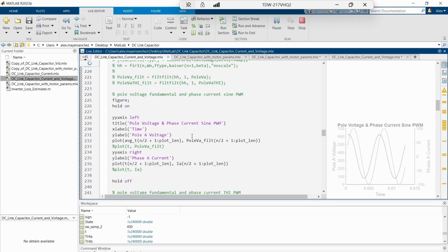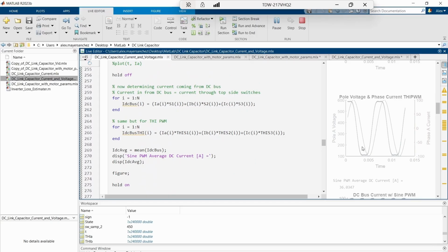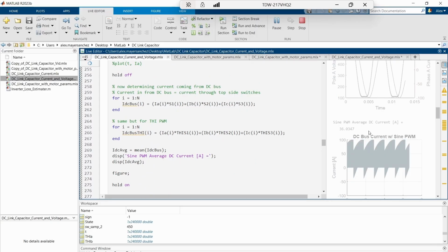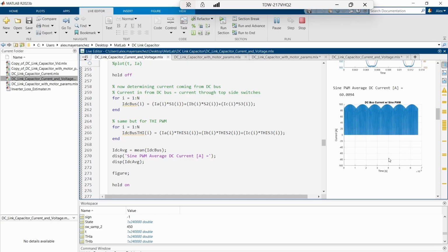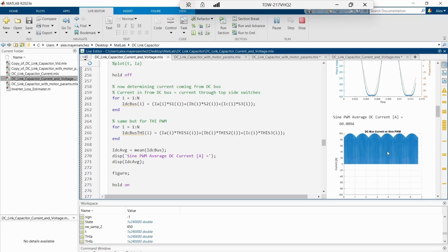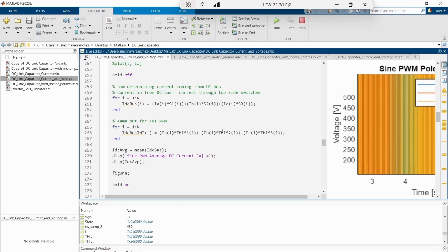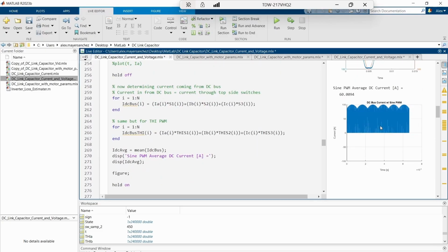But once it loads, we'll be able to see the DC bus current for a purely resistive load, or almost purely resistive load. Okay, there we go. So here, I also have this single variable that's just the average of this plot of the current